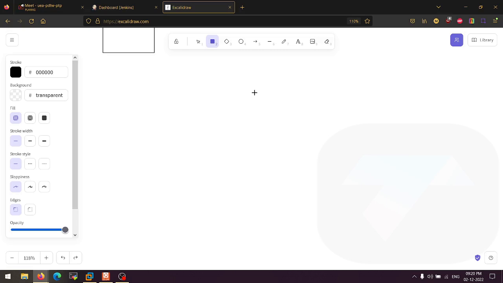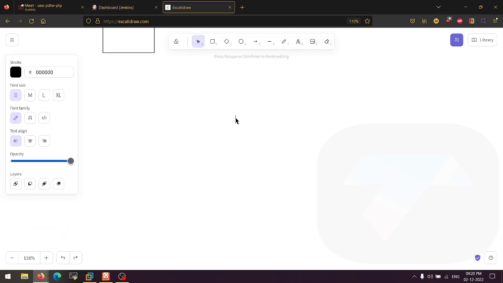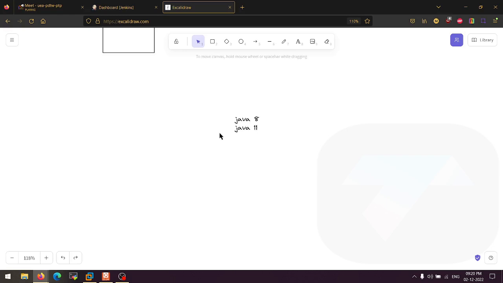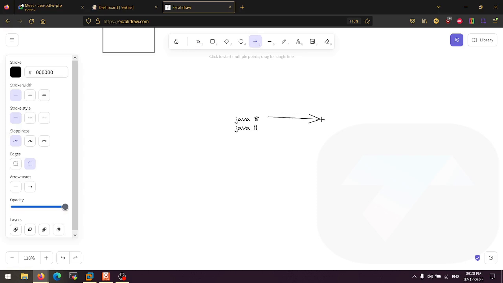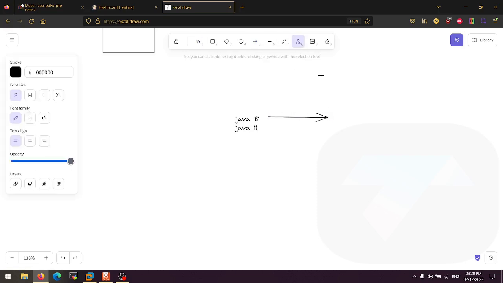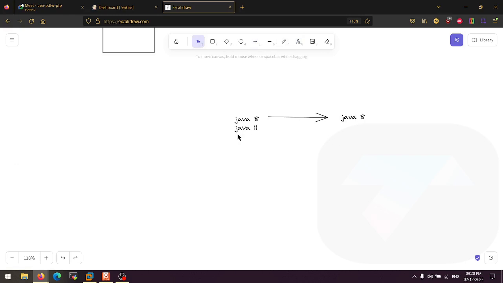Why? Because for example, you have developed a code, okay, and to develop that code, you have used few dependencies. Like for example, you guys remember we were trying to build the code yesterday, and the code was built on Java 8. We were trying to build on Java 11. We faced the error. That's the situation. Why the situation was there? Because the code was built on Java 8. So the requirement or the dependency was Java 8. But in our system, we don't have Java 8. We have Java 11. So we were not able to build the Java 8 code.